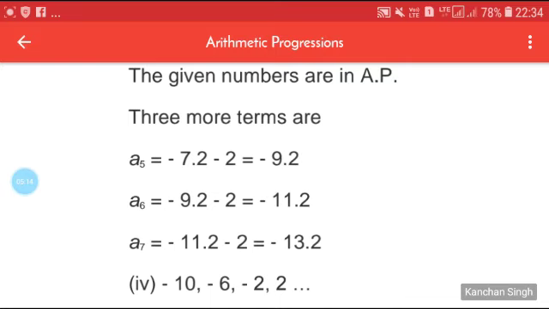Now see, the rest of the questions 4, 5, 6, 7, 8, 9 and 10 are homework for you. In the next class I will tell you how to find the sum of n terms and we will solve problems related to it. So hope you will practice all the questions and solve the leftover questions. So this much for this class, rest in the next class. Till then, have a good day.